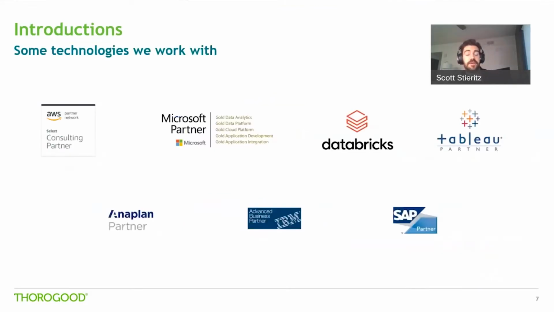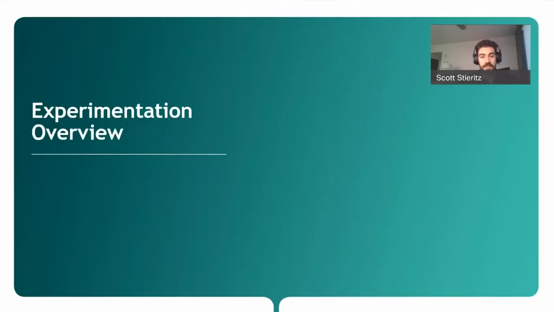As far as some of the technologies that we've worked with, I've put on the screen here just a couple of the ones. So this is definitely not an exhaustive list, but many of the ones on the screen here are technology firms that we partner with. I mentioned we're an independent consultancy. That means we don't pick any one technology to partner with or work with exclusively. Instead, we focus on the business goals of our customers. We bring this technology understanding and we help work together to figure out the optimal solution given the use case.